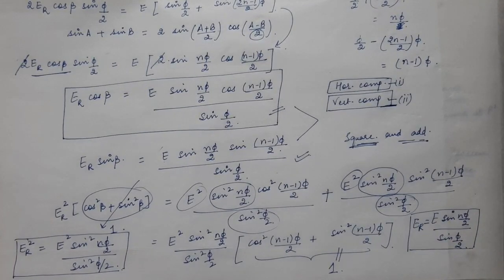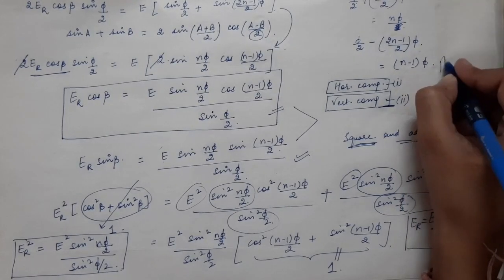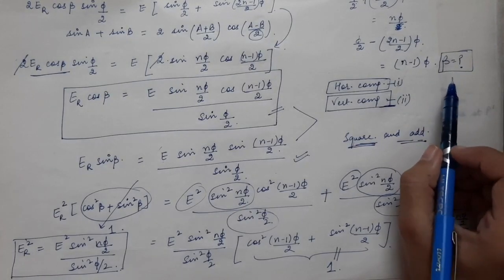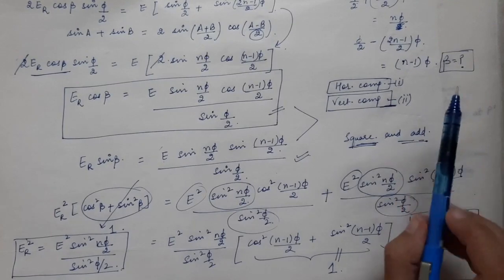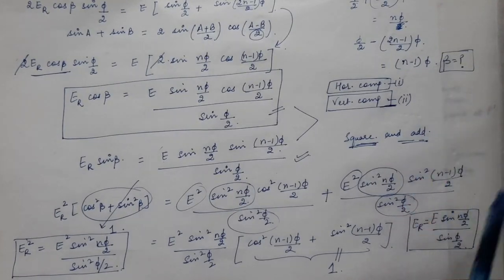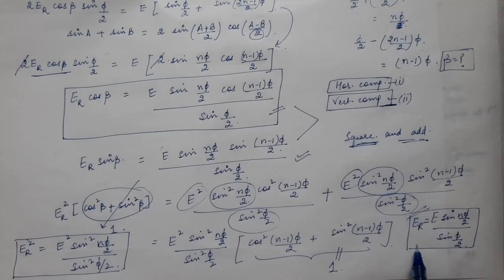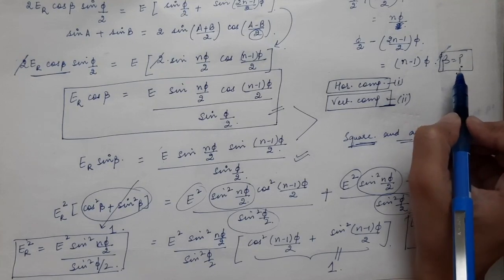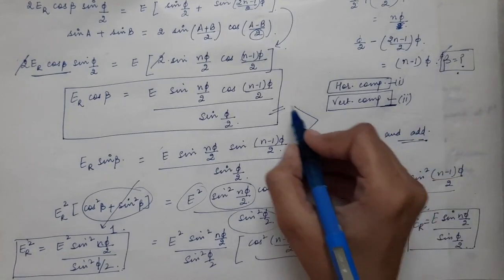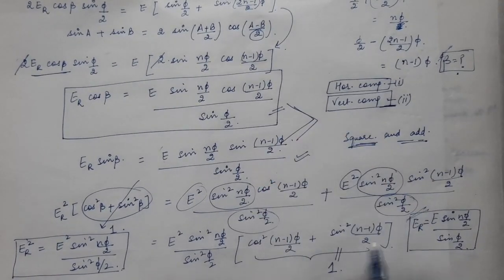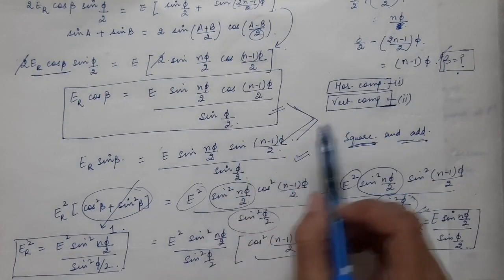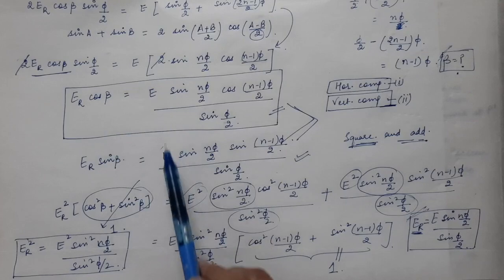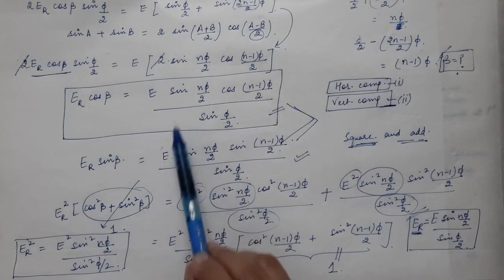Similarly, you can find the formula for beta, the phase of the resultant wave with respect to the first. At the start of the lecture we talked about finding the formula for the amplitude of the resultant wave as well as for the phase of the resultant wave with respect to the first wave. We found ER from these two equations. Similarly, you can find beta from these two equations, and the step will be to divide these two equations.